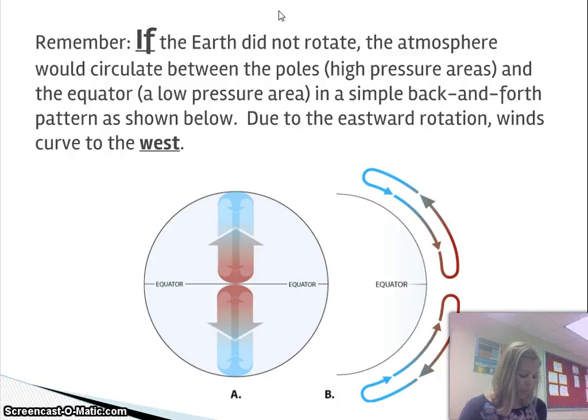And so what I would like you to do is just place an arrow showing what way the Earth rotates. And again, remember that it rotates counterclockwise. So I like to kind of get it going around like this. So a lot of times I would draw an arrow starting over here and just kind of going around the center of the Earth, showing that it's spinning in this direction. Once you've got that arrow drawn, and you might want to label it counterclockwise spin of Earth, just so you remember what that arrow is for,